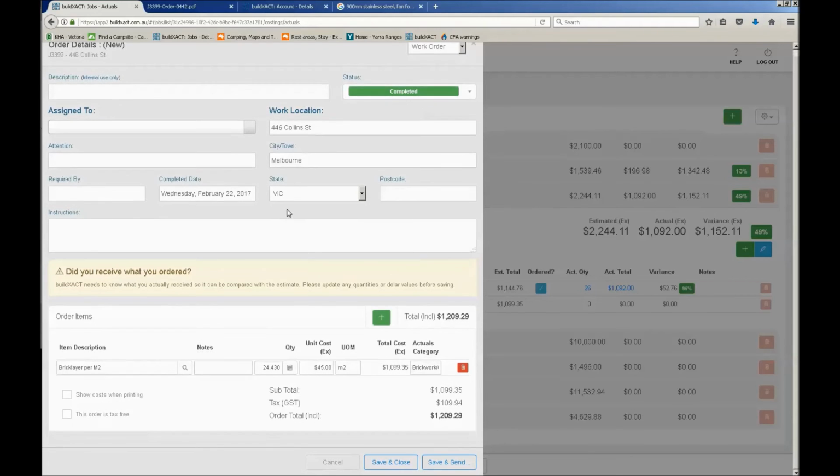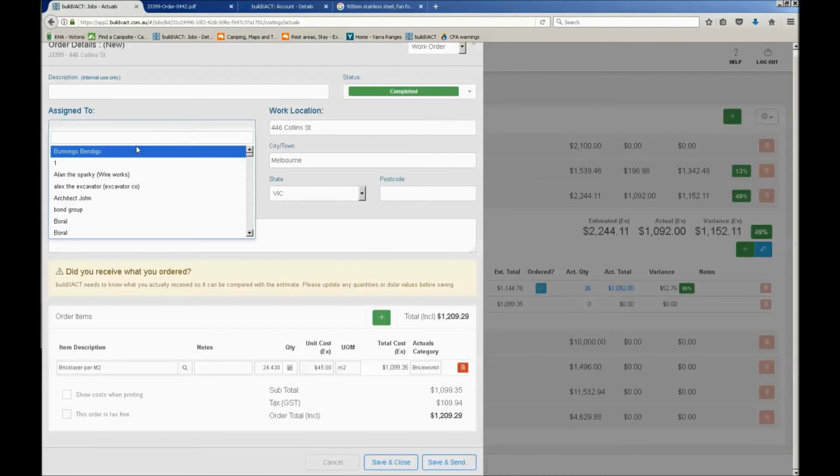A little side note is that if you are looking to use these as a source of entering timesheets, it's really handy to have estimated it as hours to begin with, and that just makes it much easier to compare apples and apples. I'm going to say it's assigned to, and this will typically be a staff member,